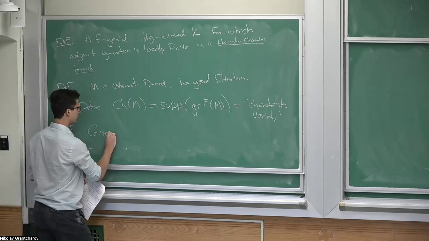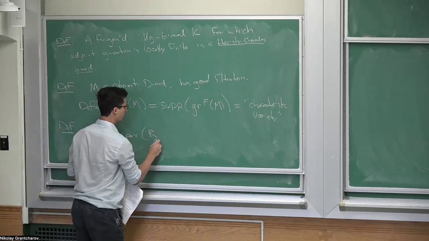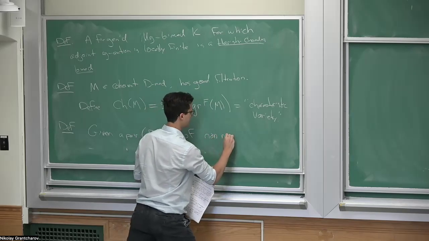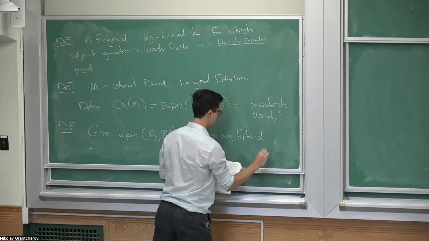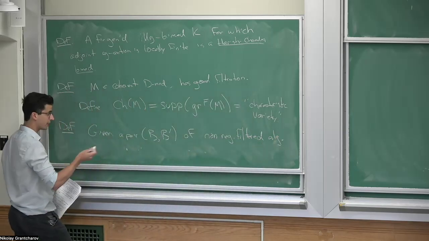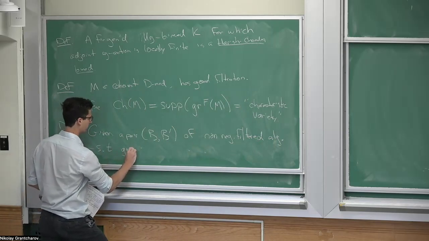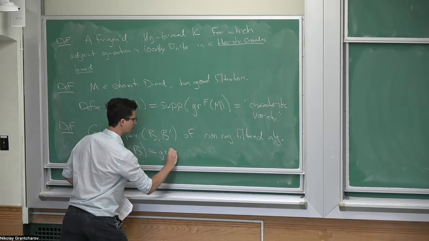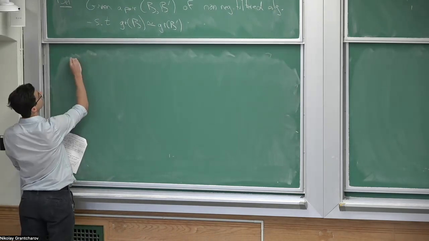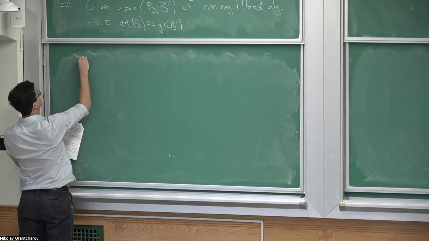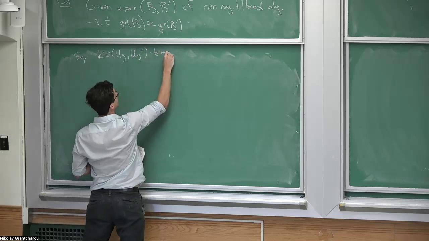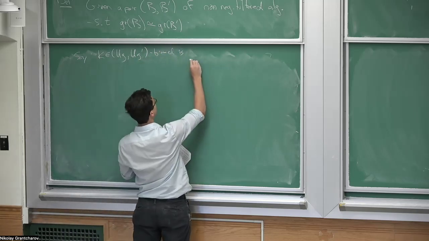So given a pair B and B prime of non-negatively filtered associative algebras whose associated graded are equal, say A is a weak Harish-Chandra bimodule